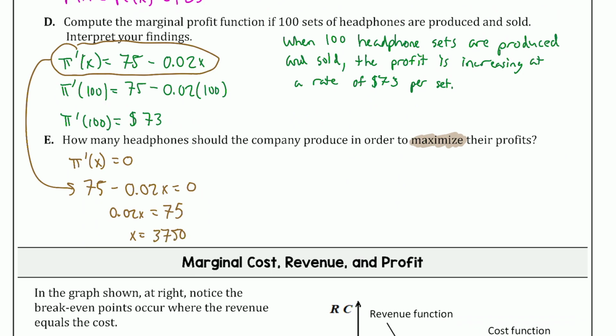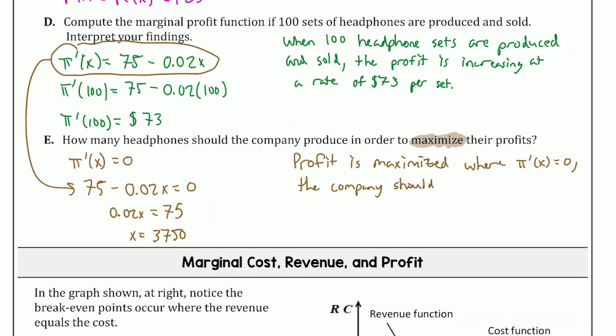And so what we can say is profit is maximized where pi prime of x is equal to 0. And the company should produce 3,750 sets